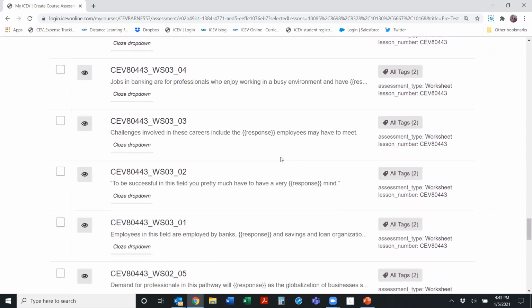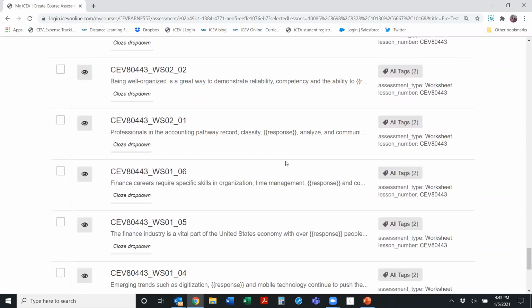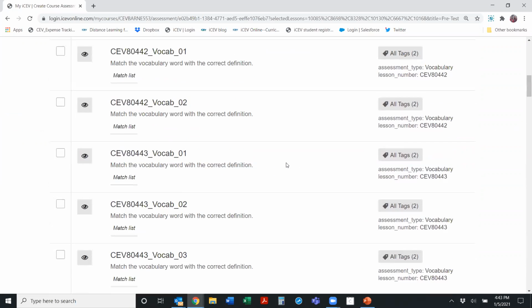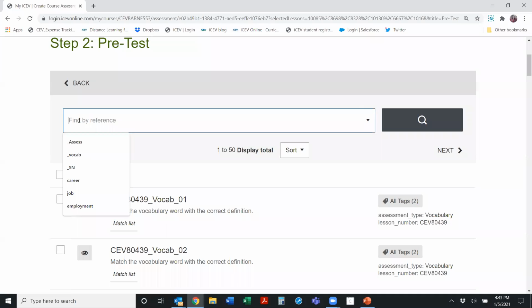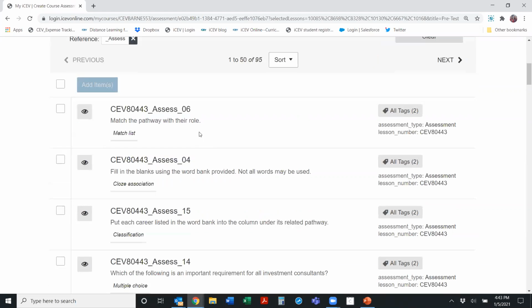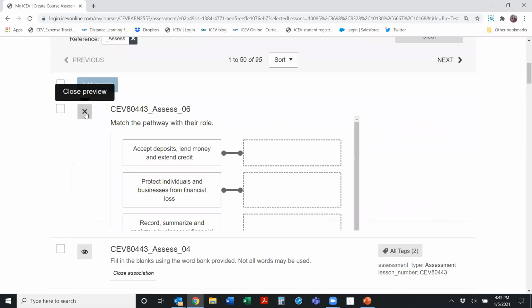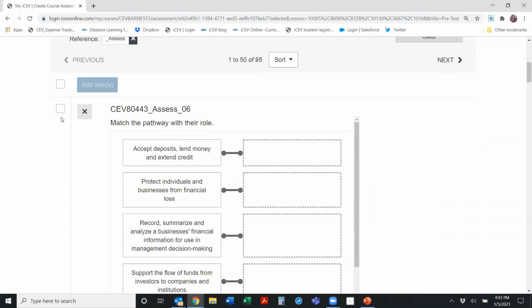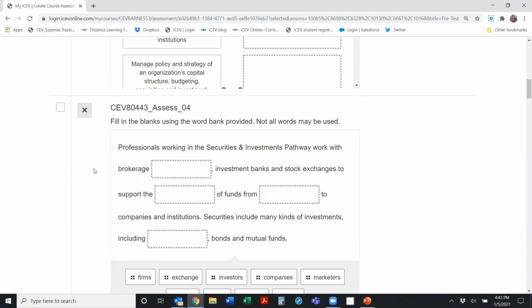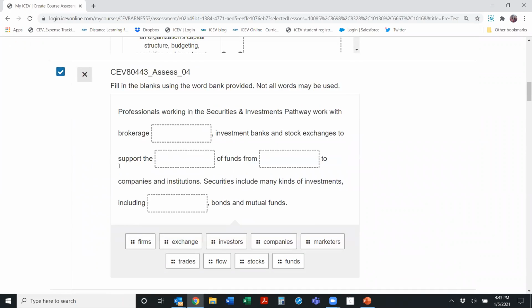I did want to say this is a little bit overwhelming, and Kay taught me in a previous workshop how to narrow this down to only include questions from the assessments. So first I want to search only questions from the assessments. Then it narrows it down, and these are the questions that are available. I can click preview, look at that question and say, yes, this one I definitely want them to know.